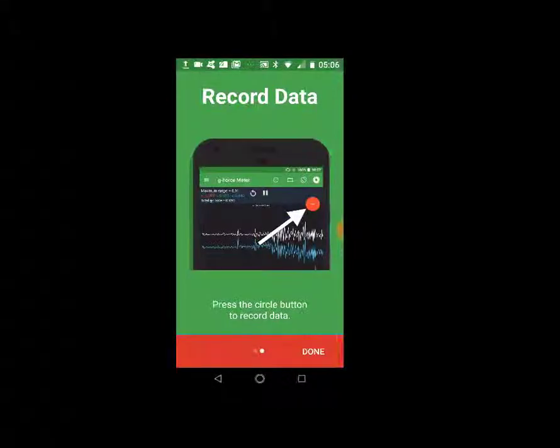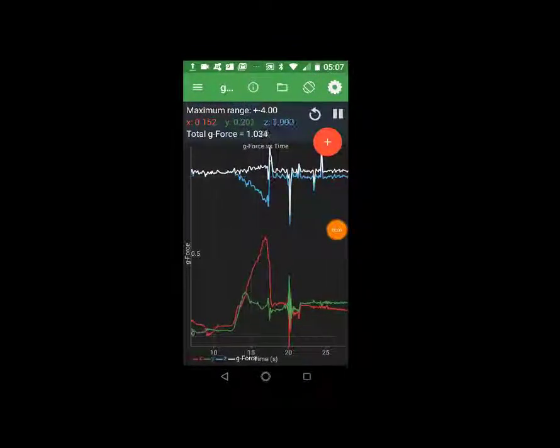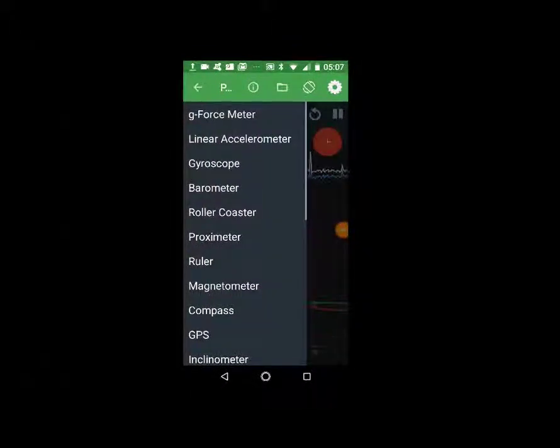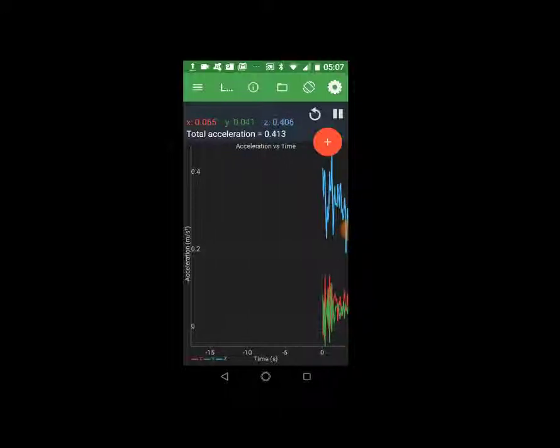Now you see that if you were to add those, the red, green, and blue up, they would get much greater, but it's the cube root of it. And this is me just tilting the phone. This is just a more total acceleration. You can see it's operating a lot faster, and it's